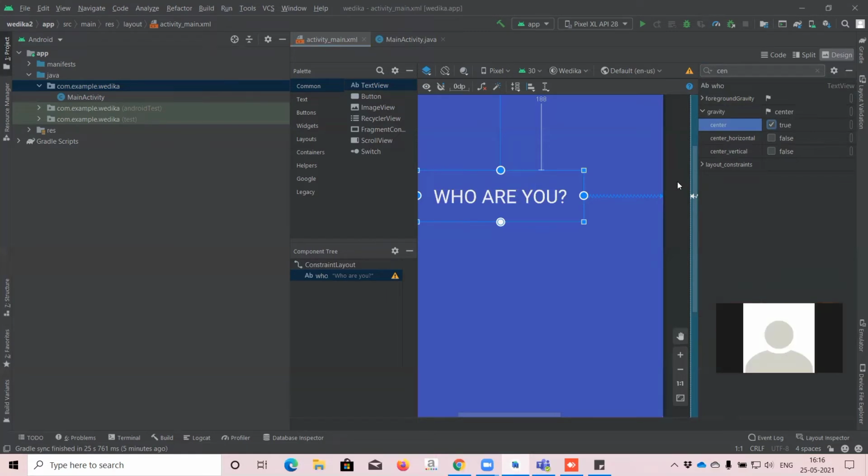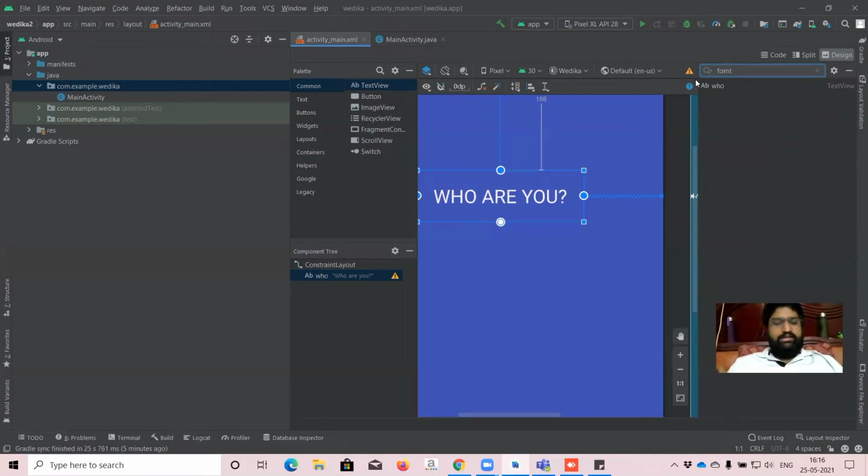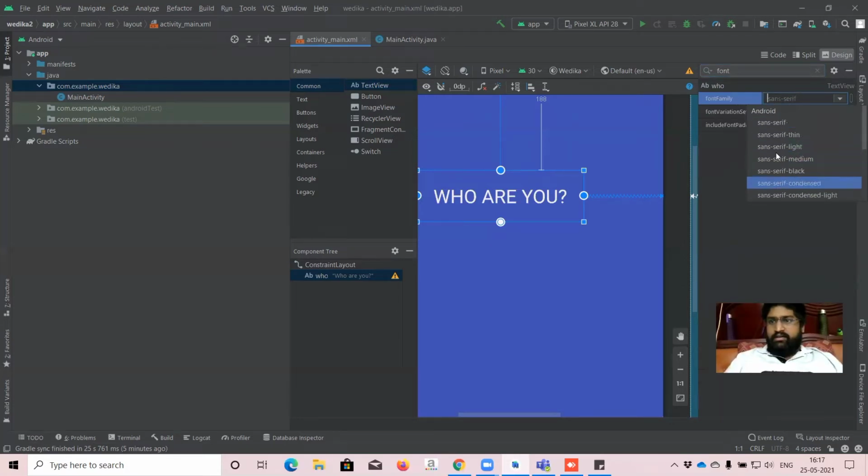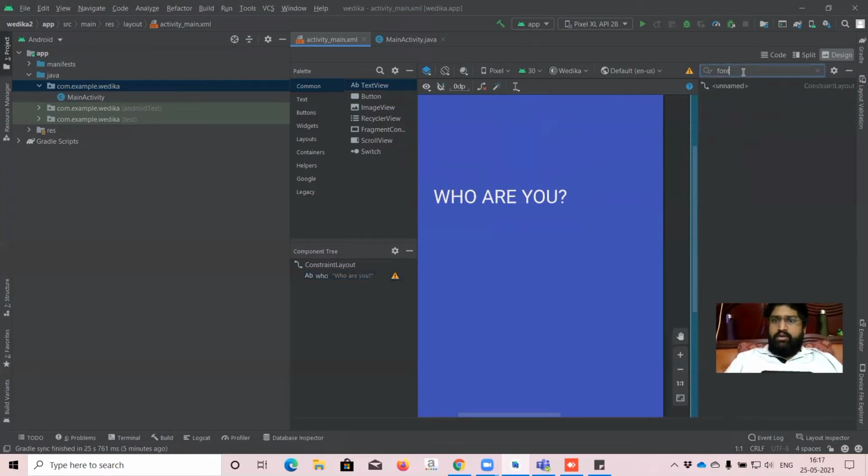The only point we have to change now is the font, because the font is not good, right? See here, only the normal font is there, and sans serif is there, which is not good. So I'm selecting this again and going to add a new font. For this, a small icon is there.